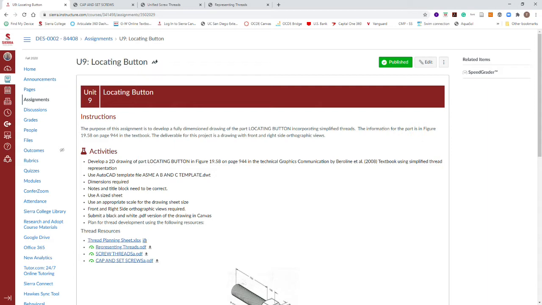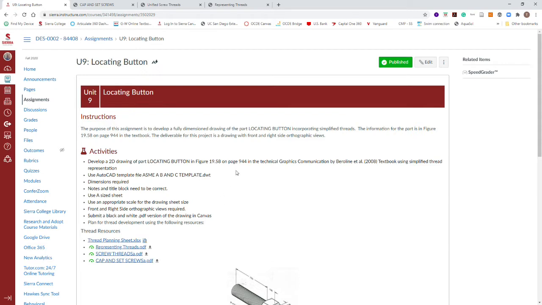But we're also going to go over thread planning. On these three projects that we have for Unit 9, I am editing videos that were originally published by Allison Salome. So please go through the thread planning that I'm going to do here first, and we're gonna plan out the threads for all three jobs in this segment.